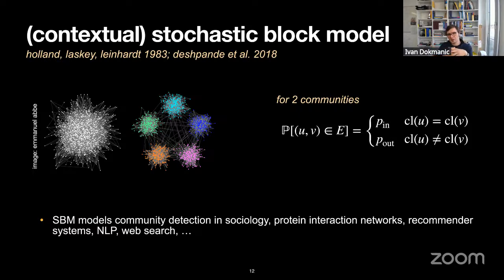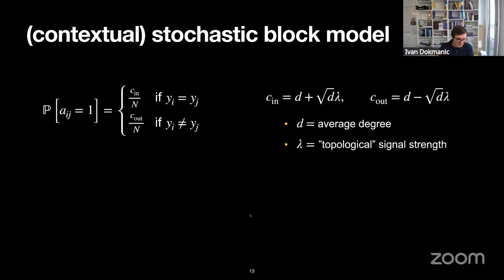In a stochastic block model, vertices of a graph are split into different communities, and pairs of vertices still connect independently at random, but the probability of them connecting depends on community membership. If the nodes are in the same community, you get one probability of connection; across communities, a different probability. The simplest case is two communities and symmetric connections, where you can write down a simple formula, and that's actually the case we will analyze. So let's narrow down to a simple case where we only have two communities. We have two kinds of labels, plus ones and minus ones. Those are the yi's here.